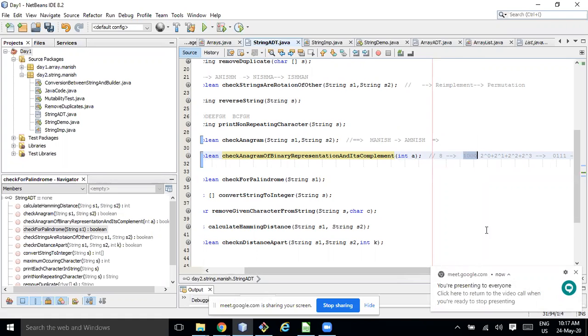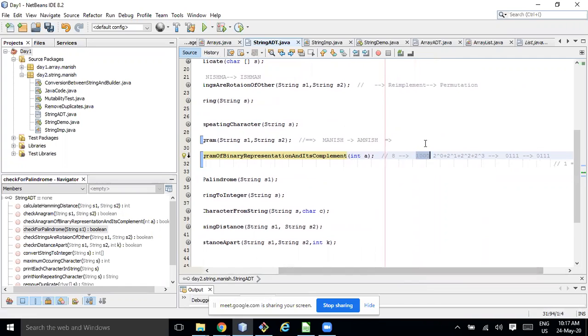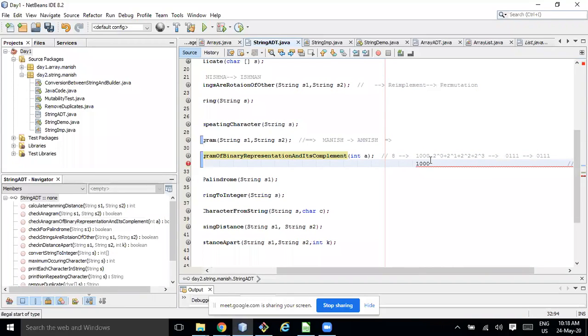So for 1000, the 2's complement is again 1000. Then you need to check whether this 1000 is an anagram of 1000. Making sense? Yeah, that's the problem.